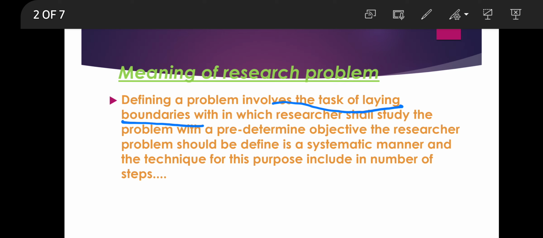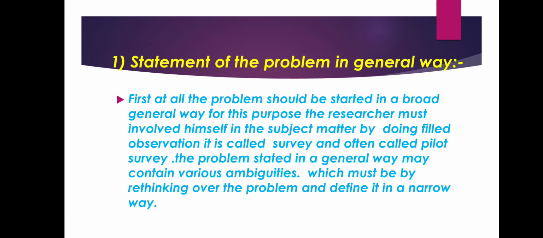Now the technique that is used for defining the research problem includes a number of steps. We can also call it the technique for formulating or defining a research problem. So let's start this technique. The first step of this technique is statement of the problem in a general way. It means the researcher should define his problem in a very general, very broad way. And for this purpose, the researcher should